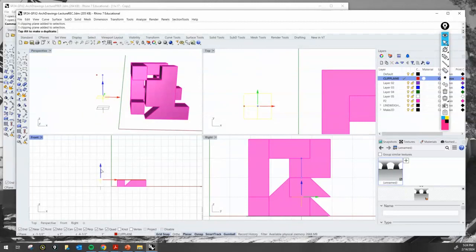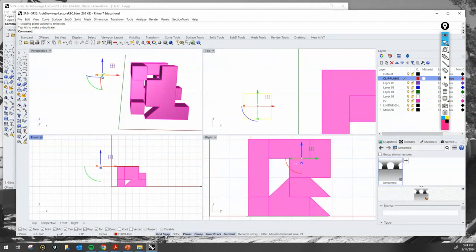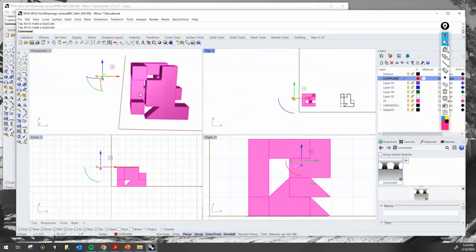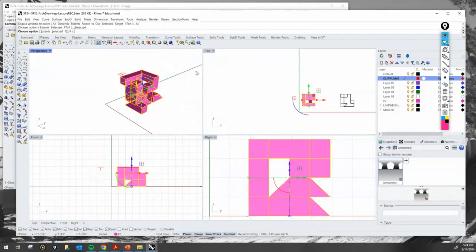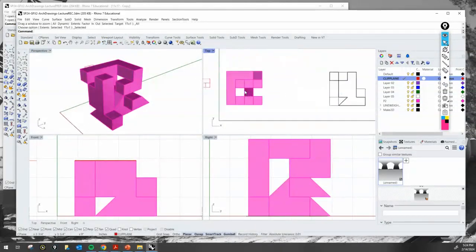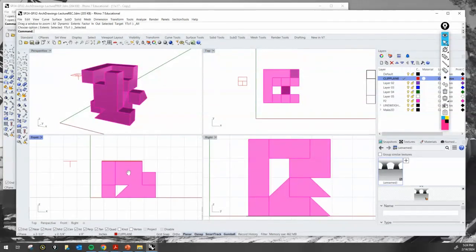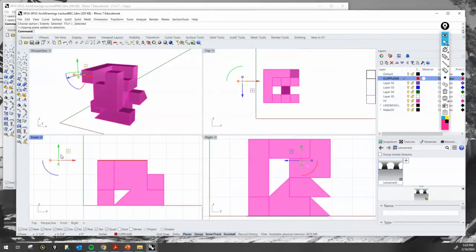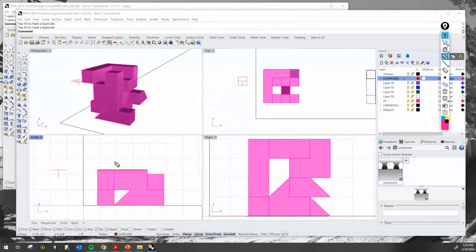I have my grid snap on. But if I start moving in increments, you see how the model appears and disappears. And actually, I am going to turn off the grid snap so that I can do more fluid movement right here. So that's good. That's great. But it'd be great if we can see that in all of the viewports, not only in the front view as we're doing it right now, and we can. So we actually can see the clipping plane. It's in all of the viewports,